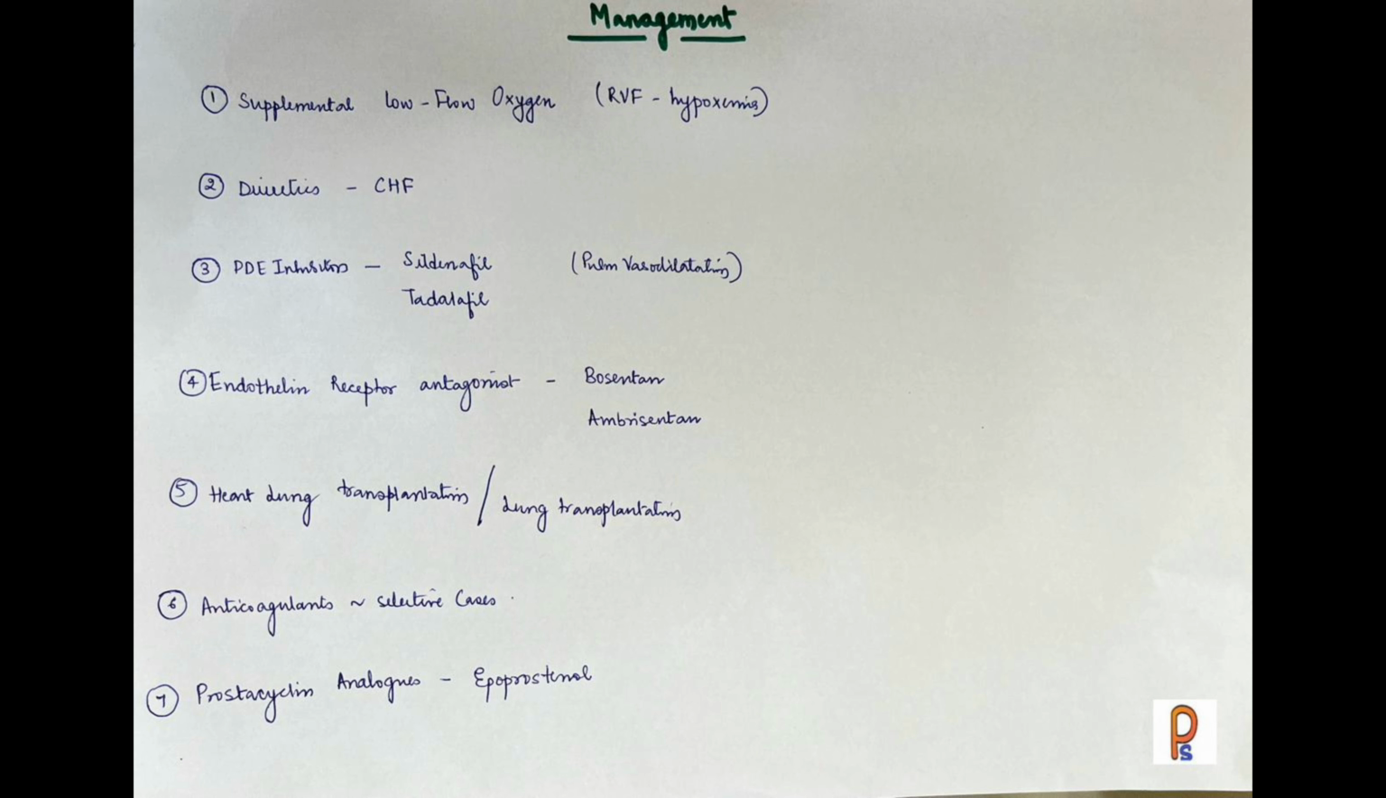Also, the endothelin receptor antagonists like bosentan or ambrisentan can be used, which are selective pulmonary vasodilators. Also, prostacyclin analogs, which can be administered IV or subcutaneously, like epoprostenol, can be used. In certain cases, there is a risk of thromboembolism. For those cases, we need to give anticoagulants. Also, the final resort may be the heart-lung